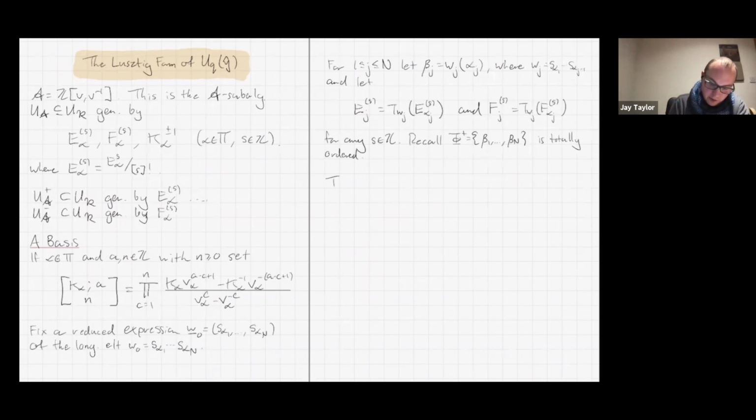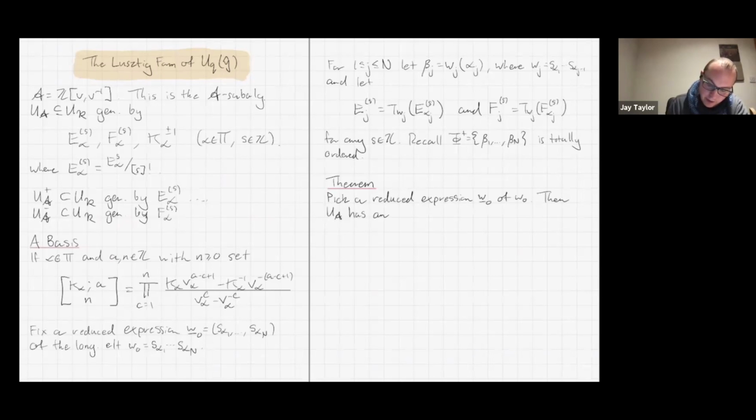So let's end with this. Pick a reduced expression of the longest element. Then this algebra has